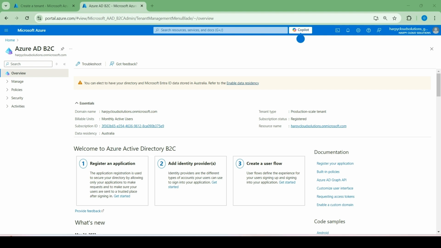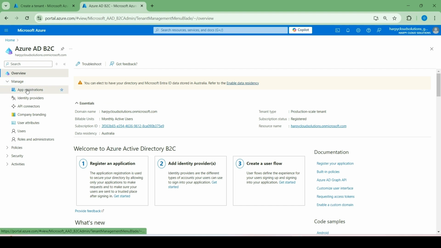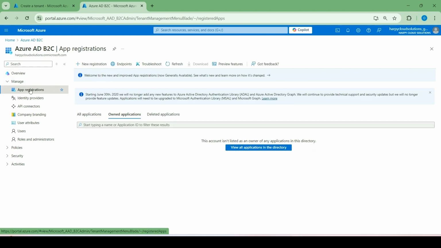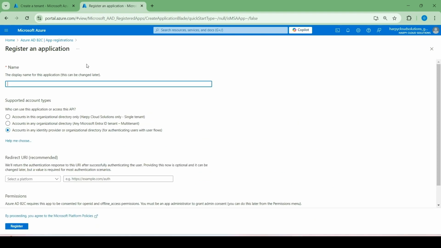So now, before your application can interact with Azure B2C, they must be registered in a tenant that you manage. All right. So right now, what we're going to do is to register a web application in my B2C tenant. And we're going to do that from the unified app registration experience that is provided here. So I just click on manage and app registration, and then new registration. So we're just going to give it a name of web app 1,